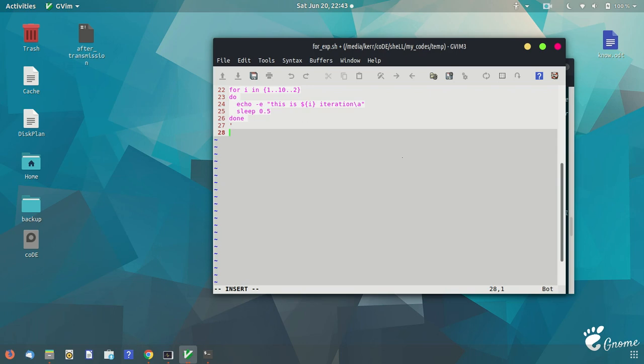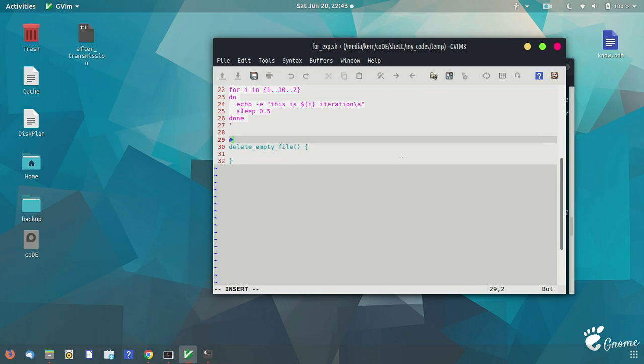Okay, so let's make the function first. delete_empty_file. I'll write the body of the function over here.